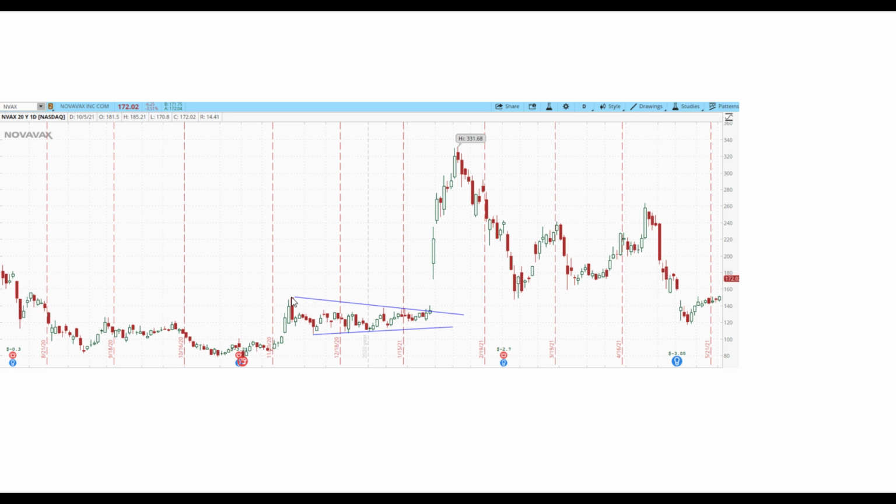So therefore you should be ready to go ahead and mark up that wedge pattern. Once you see that, you say, okay, well, it's making higher lows, so let's go ahead and take this thing to the move up. But wait, it stopped well before it could make a higher high. So now you say, okay, let's go ahead and mark this up. So you mark it up, and as you can see, once it played around, if you want to be a little bit more aggressive,